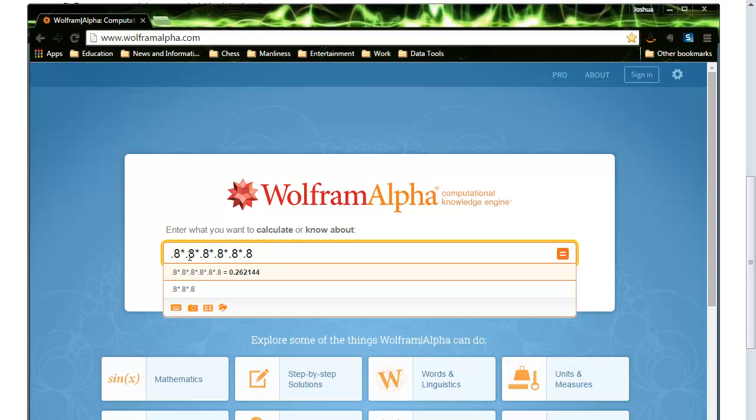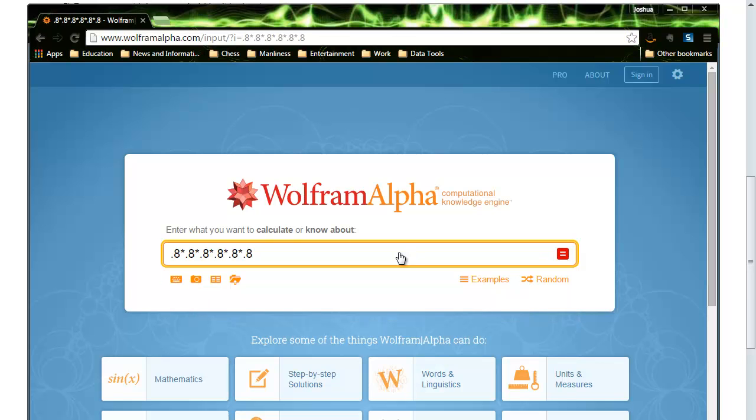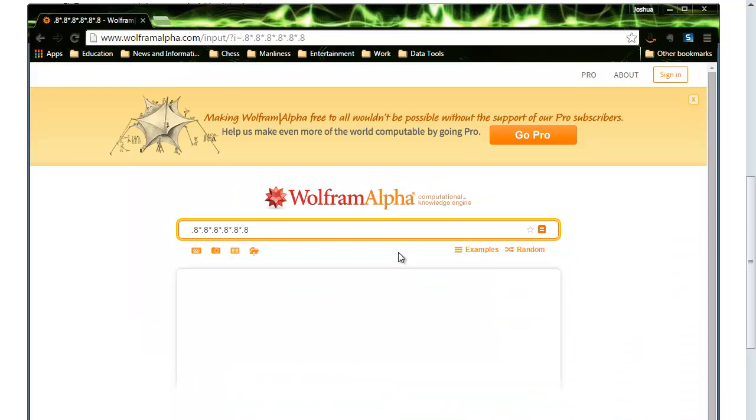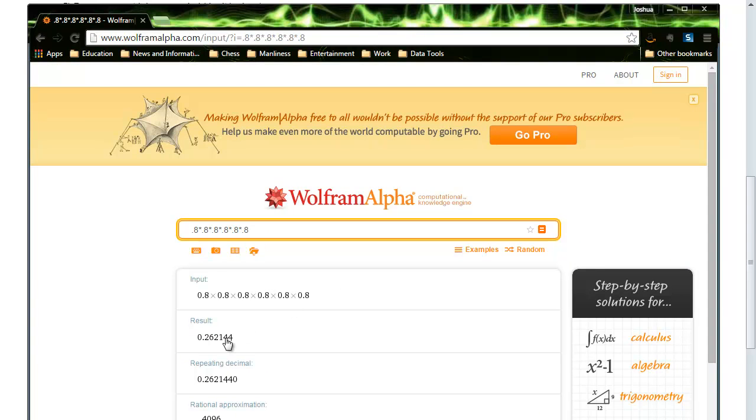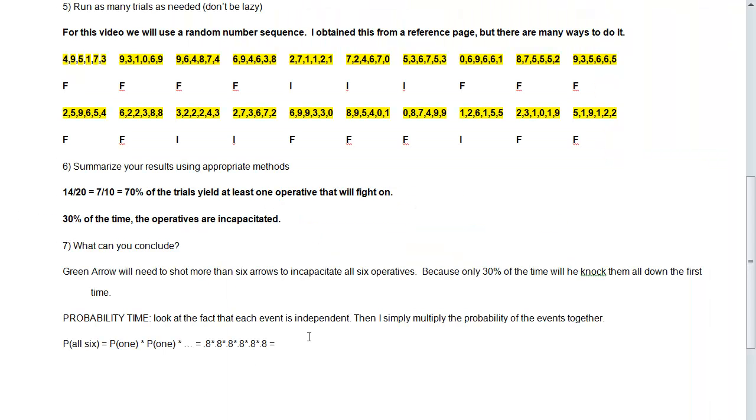And so I've got 1, 2, 3, 4, 5, 6 operatives, and when I click equals, I will see that I got a result of 0.262. And so the actual result of 0.262 is equal to 26.2%, the actual percent of time he will